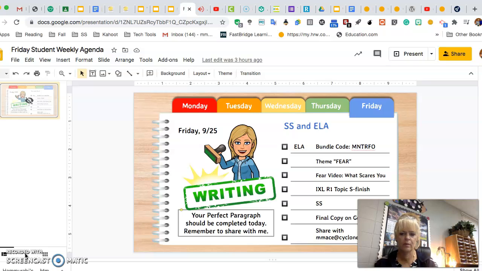So, for English today, we're getting on our iPads and we're going to click on the textbooks. I think we might have done that when you were here, but there's a new bundle code. On your iPad, find the icon that has a bunch of books on it, and it'll say e-textbooks. If you click on that, then click on the yellow tab. It's going to open up a little box and it's wanting a code.